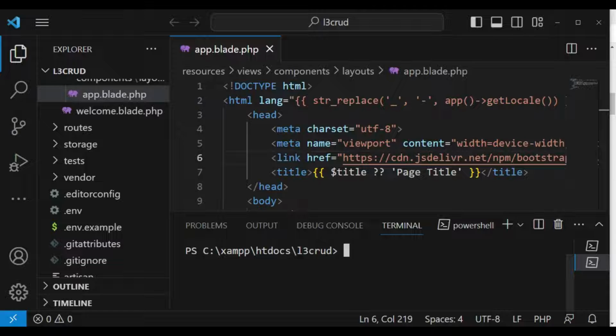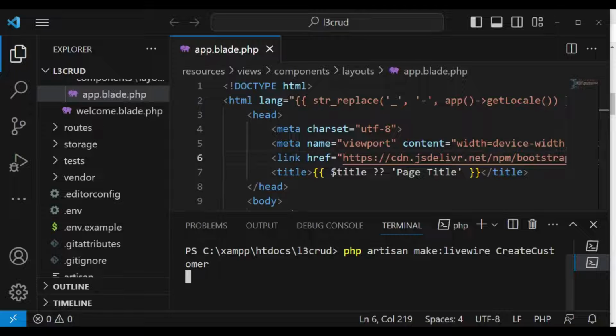So we want to first of all have create customer. So we are going to have php artisan make livewire, and then after that we can put what we want to create. So create customer, and it actually has to be exactly like this, or maybe you can also use kebab case. So let me click that, and what is going to happen is that it's going to create for us